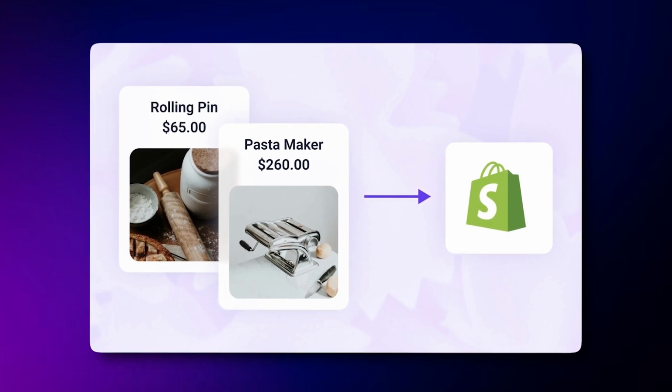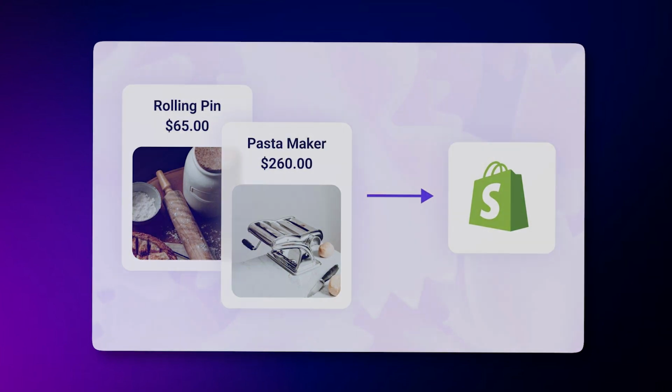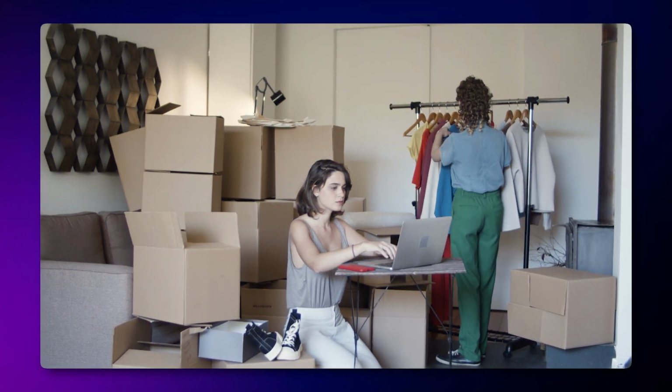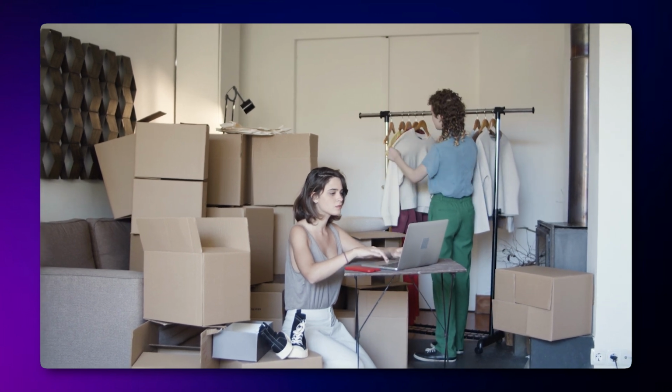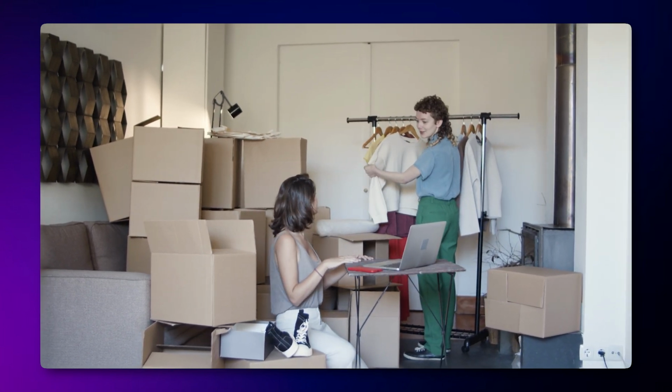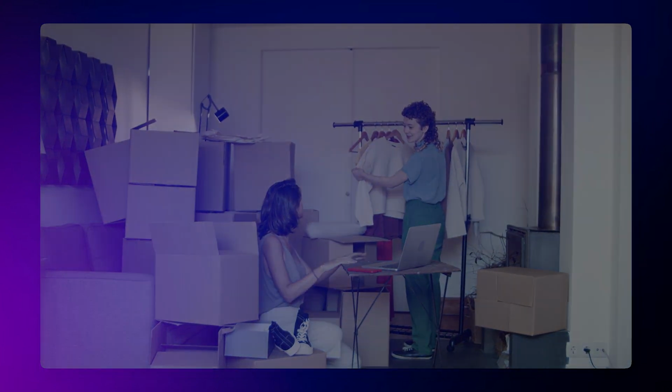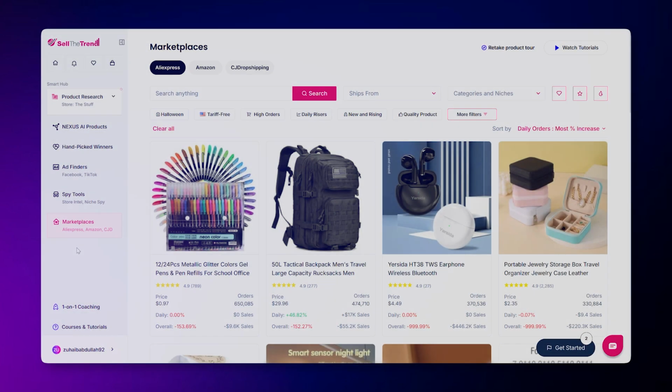And the automation doesn't stop there. When customers order from your store, Sell the Trend even helps with fulfillment. Orders are placed directly with your supplier, tracking numbers sync back automatically, and you don't have to manually touch every single step. All of this gives you more time to focus on marketing and growing your store, instead of drowning